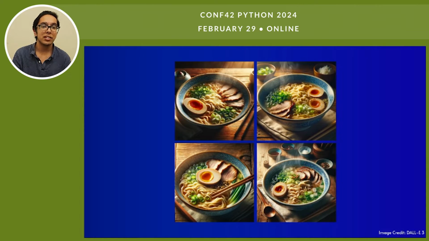I asked DALL-E several times to generate an image of ramen without chopsticks, and it's completely unable to. I'd encourage you to try this yourself. That seems pretty odd at first glance, but it really makes sense when you consider the underlying diffusion architecture. This DALL-E model is highly reliant on training data, and in this case, it appears that the training data has chopsticks in every image of ramen. So DALL-E is actually unable to create an image without chopsticks somehow making their way into the